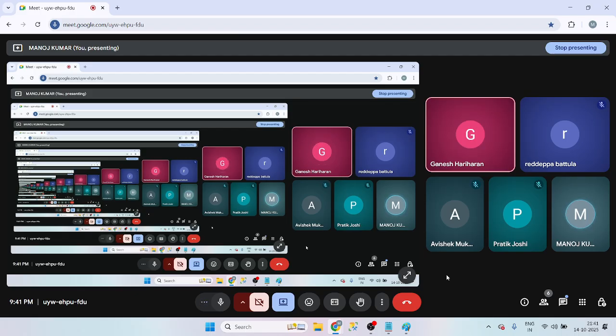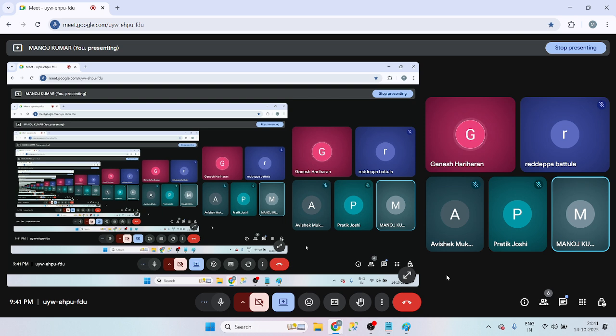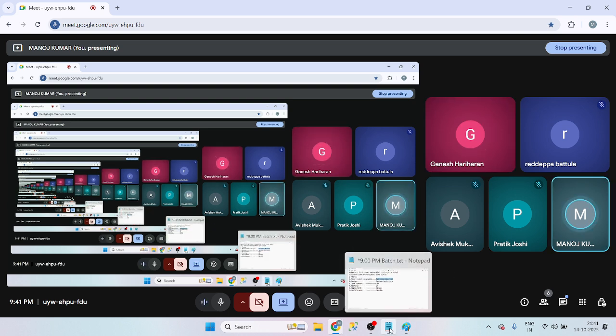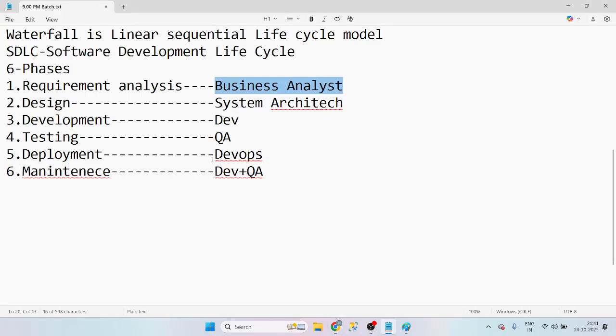How do you know that? That is also one of the questions you should get. I want to ask you: suppose Amazon gives a project to TCS, and TCS has all six roles, business analyst, project manager, developer, tester, and DevOps. All the teams are available, right? Yes, everyone will be available.